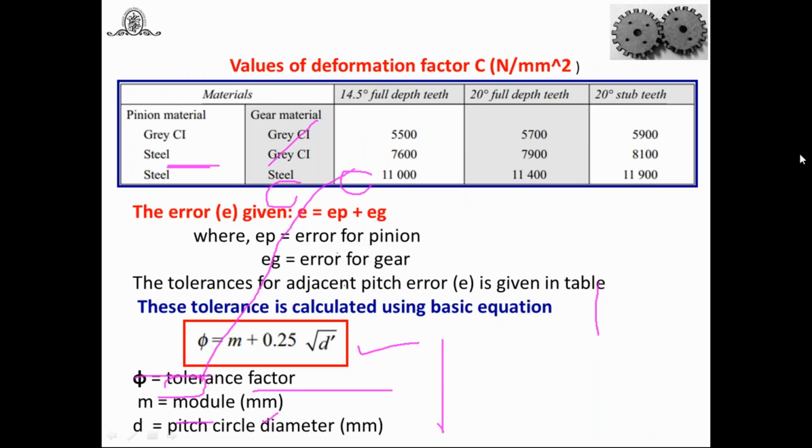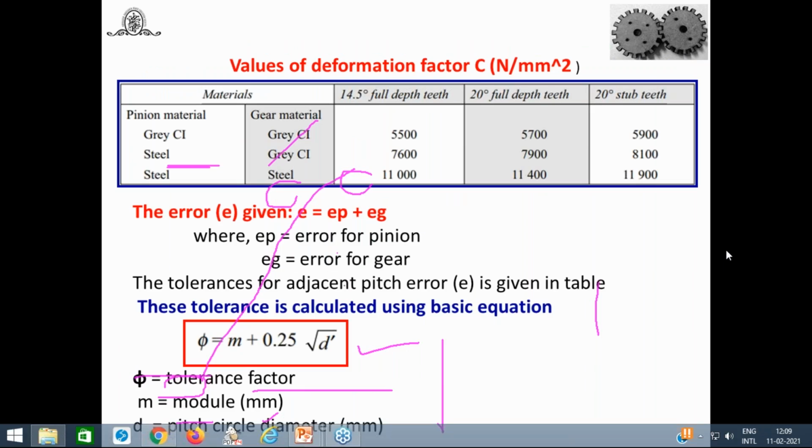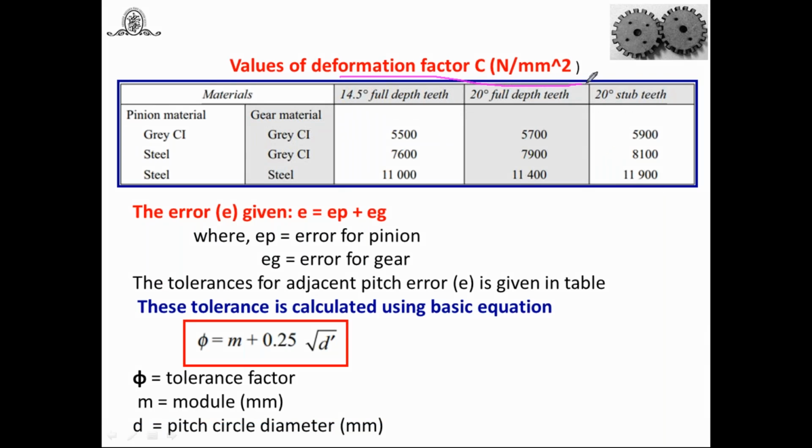Now let us see here. We are going to discuss that E also. There are 2 minutes. Within 2 minutes, I will explain. So these deformation factors are again in the data book, direct deformation. If the formula is not given, sometimes direct deformation factors are available in the data book, and you can use them.